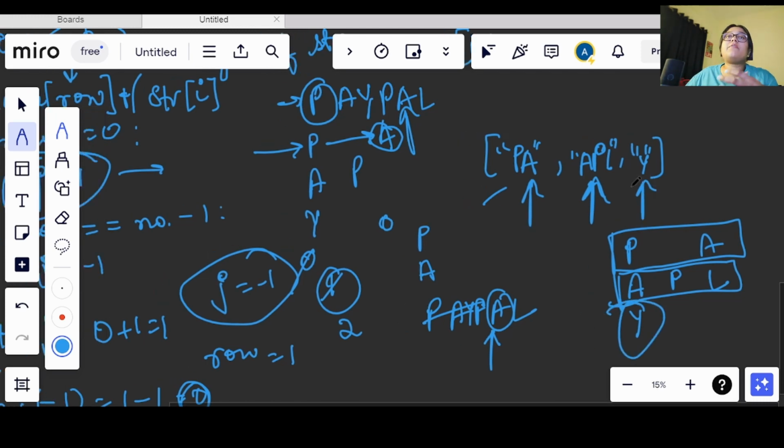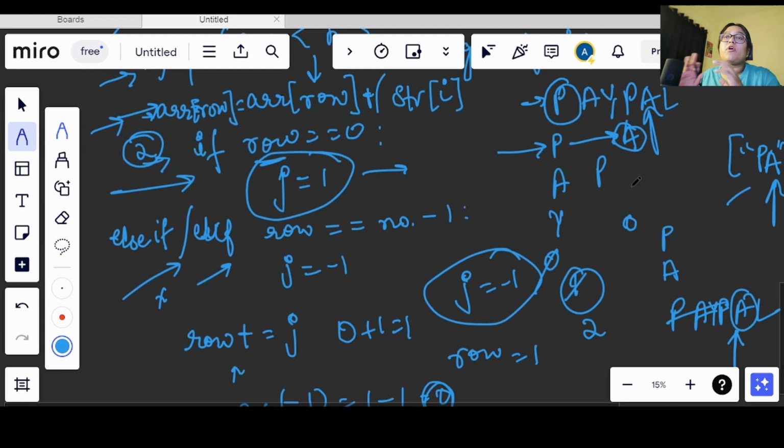So what we are doing here, we are simply following the question, or the pattern that we are getting from the question. That is, every time we reach n minus 1, we change the flag into negative, and once we reach the top of the number of rows, we change the flag into positive. We will be adding that flag only to our row, and that row will be the inserting point in the array.